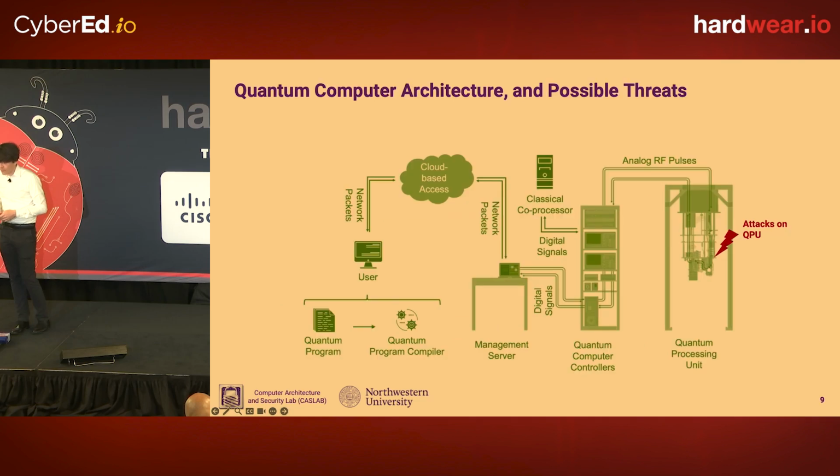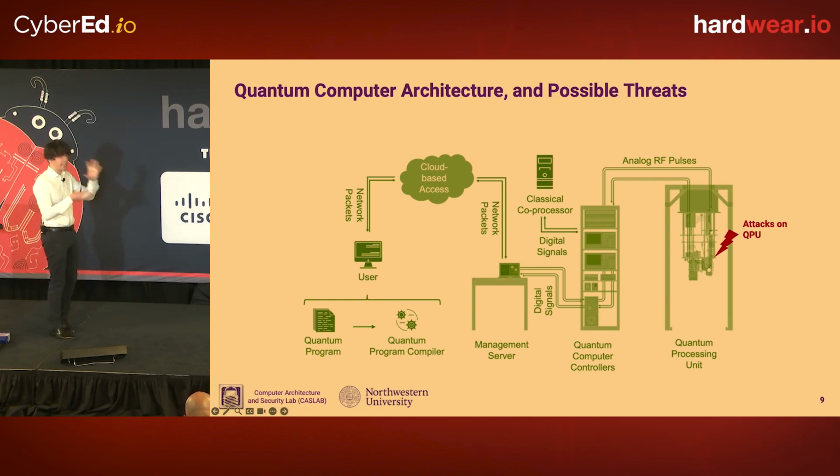So we're really going to focus on the crosstalk attacks and vulnerabilities in the QPU. And I should say that what we've been experimenting with is actually done on real IBM machines. So thank you to IBM for giving us and a lot of researchers access. You'll see some small quantum circuits later, but this is done by actually connecting to an IBM machine, executing some circuits, and collecting data out of it.